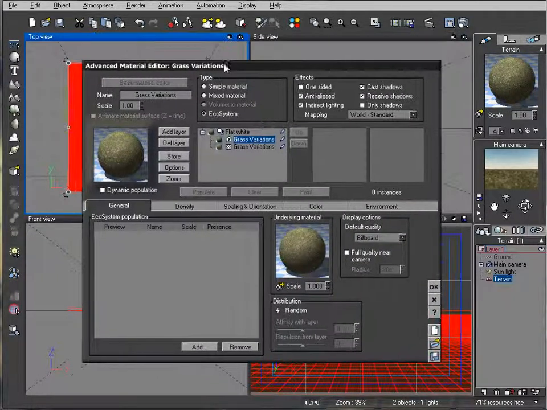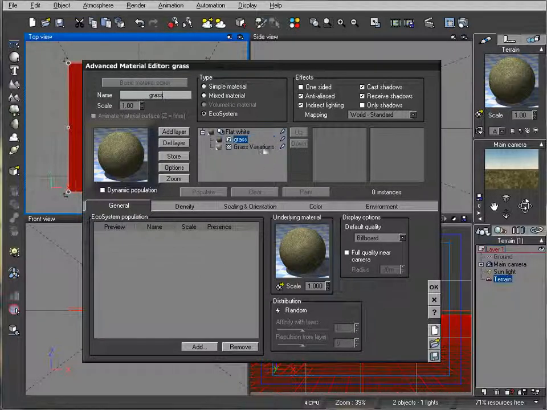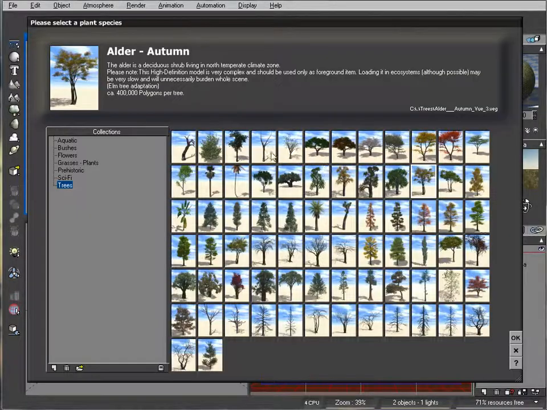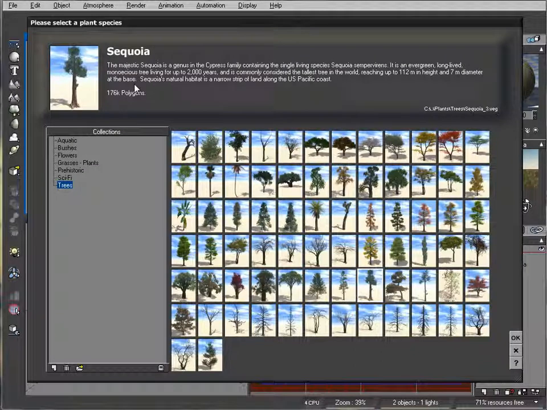We add an ecosystem. This will be our one ecosystem, and we'll call this grass. Okay, let's add another one. We call it trees. Inside the trees we go ahead and add a plant. And the best combination is when you combine an ecosystem with some custom plants inside. We'll go ahead and select